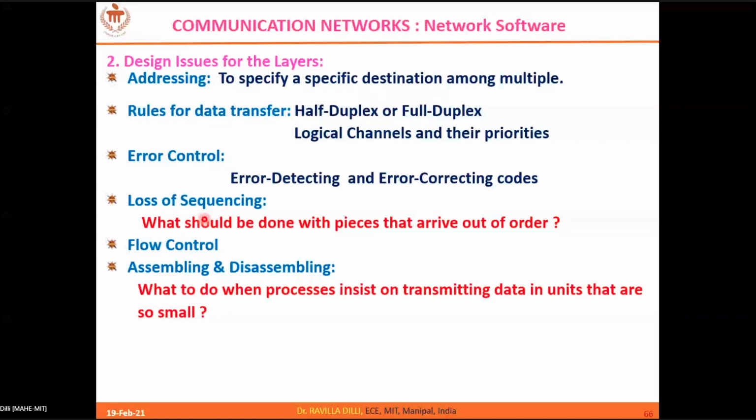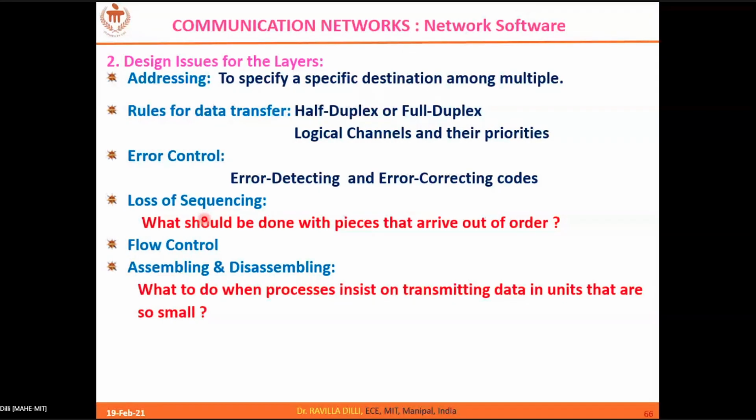Then there is assembling and disassembling of the data which you get from higher layers. If it is large in size, then transmitting it straight away is not feasible for the subnet to handle. So you should divide that large data into smaller portions and send each one at a time. But the question is, what should be the size of each portion?